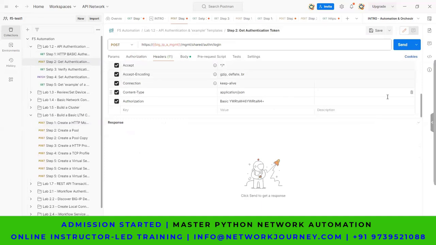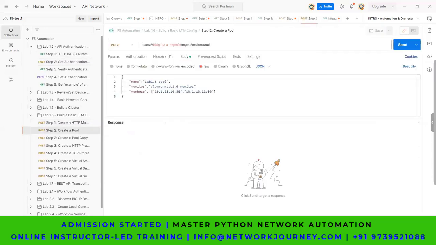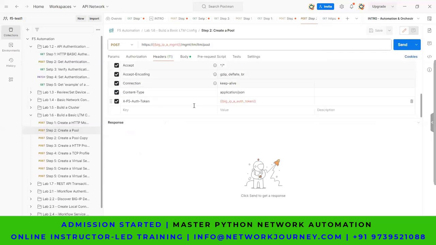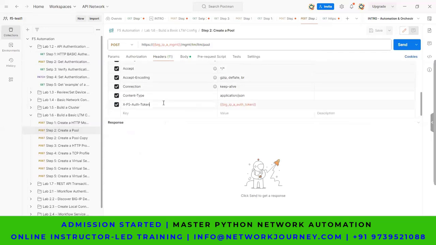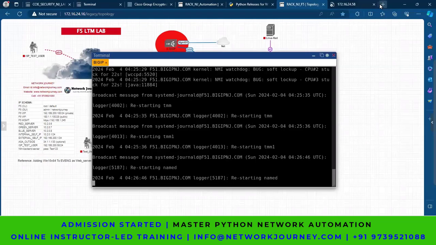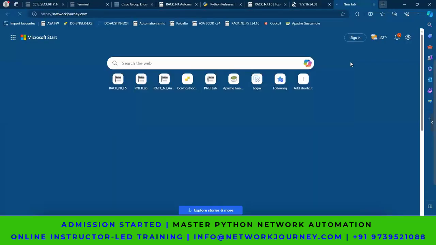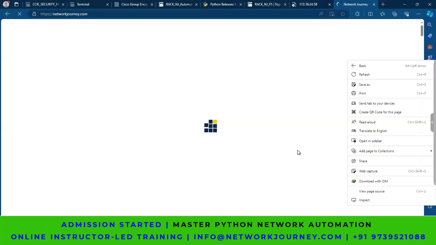See in this portion, let's say I'm making a pool or something in the next line, I can store that token here with this flag. When we come to the API topic, I'll show you the HTTP operations, HTTP headers, HTTP methods. Then you will understand that this is one of the fields which we can add in an HTTP header. Do you guys know what an HTTP header is? For example, if I go to, let's say, Network Journey or any website, and try to do inspect,